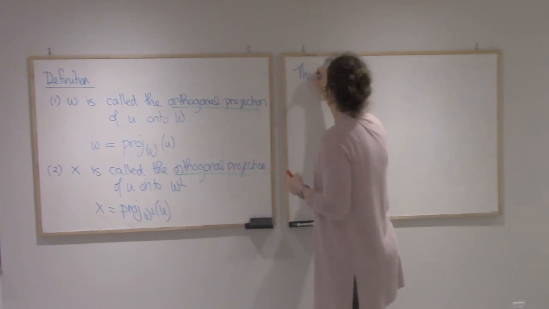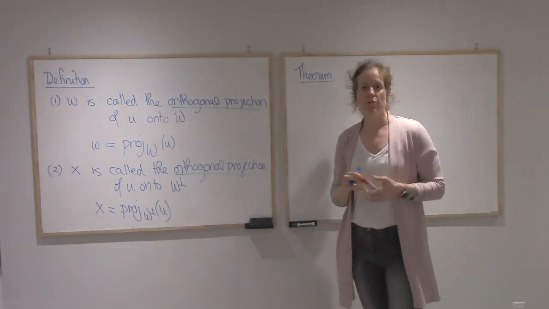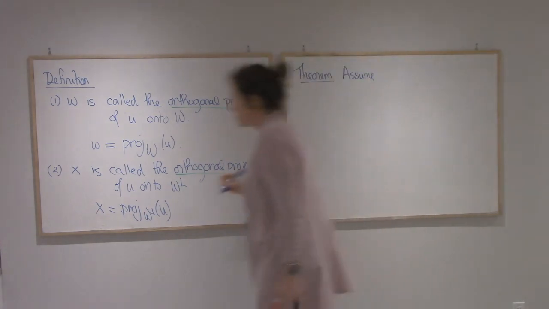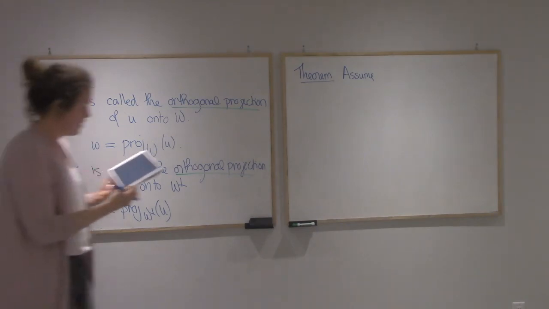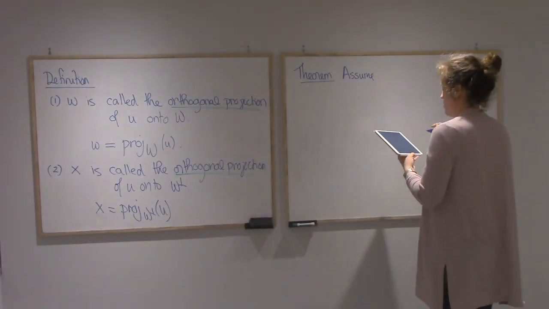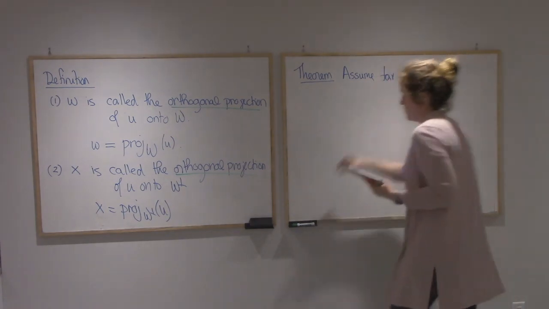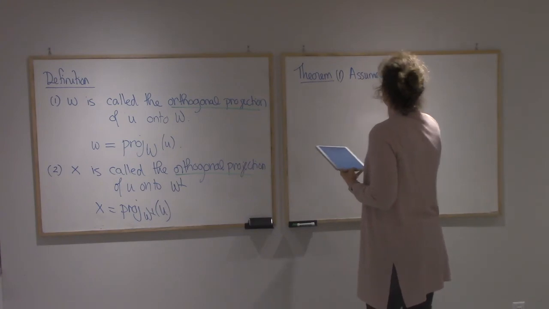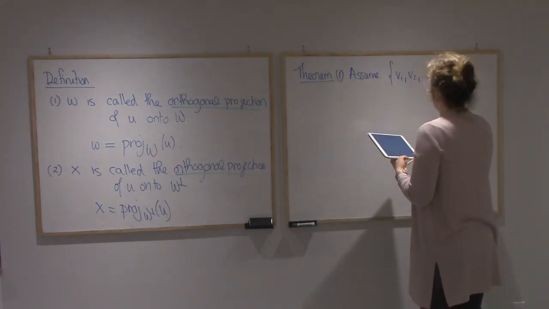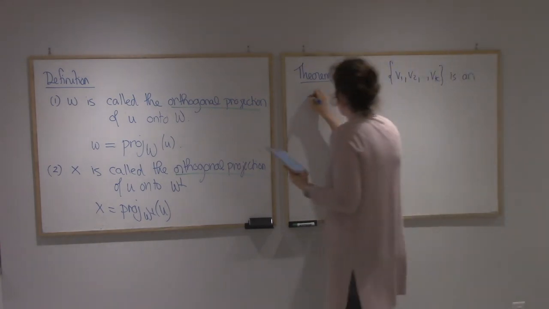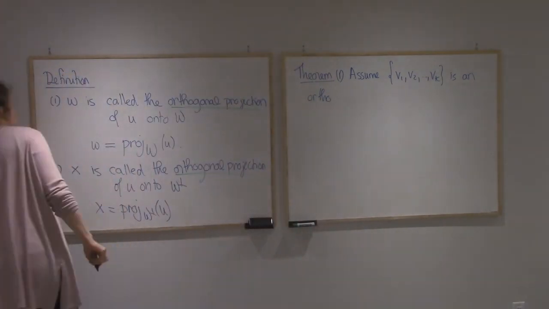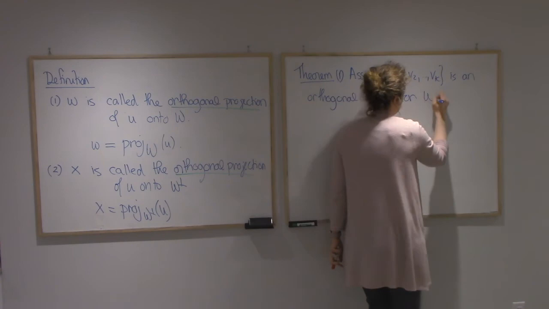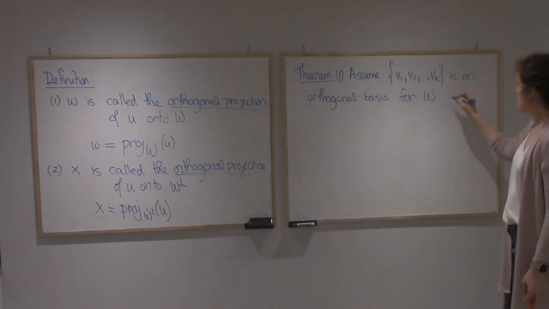All right, so here's the theorem. I'm going to assume I have an orthogonal basis, not for V, but for W. So, assume, that's part 1, assume that V1, V2, ..., Vk is an orthogonal basis for W. All right, then